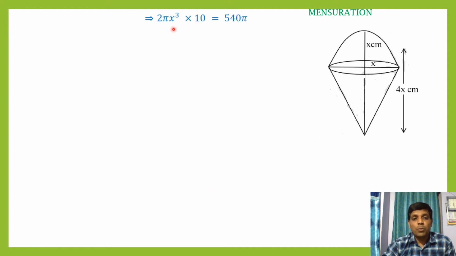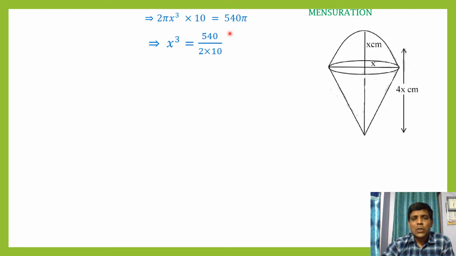2 pi x cube into 10 is equal to 540 pi. Okay. Now next step, find x cube. x cube is equal to 540 pi